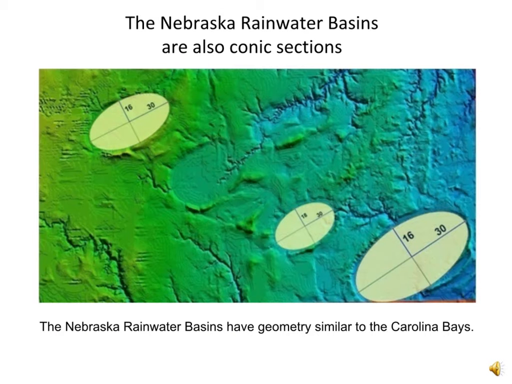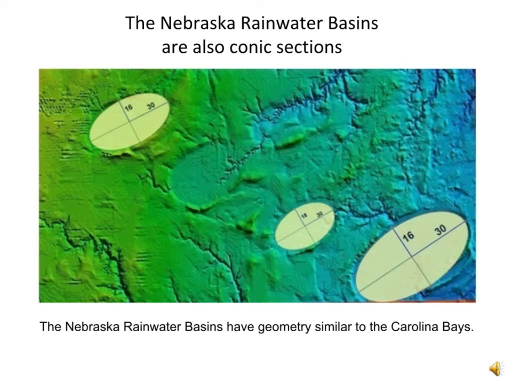The Nebraska Rainwater Basins are geometrically similar to the Carolina Bays, and they are also oriented toward the Great Lakes. The Nebraska basins have been greatly degraded by water erosion and covered with wind-blown dust, but the ellipse-fitting procedure can still be used for the basins that have maintained well-defined borders. The similarity of the Nebraska Rainwater Basins and the Carolina Bays makes it possible to consider that they were created